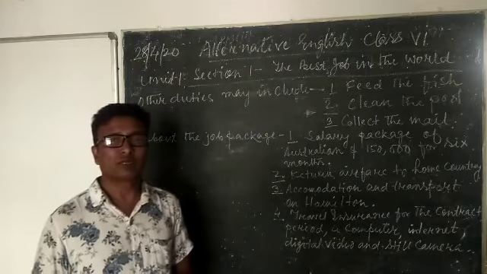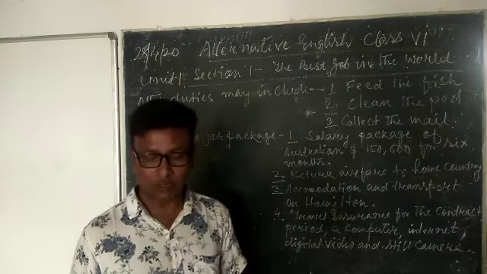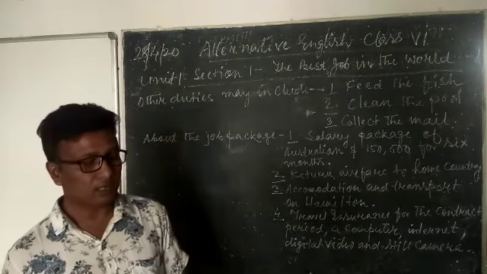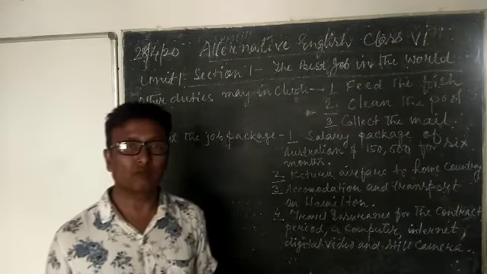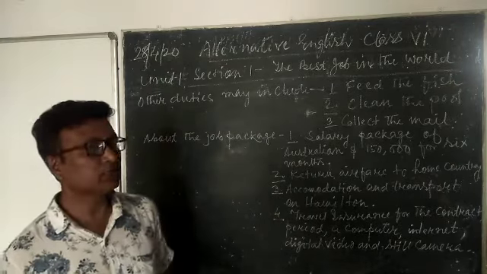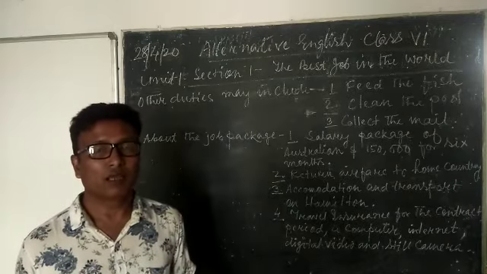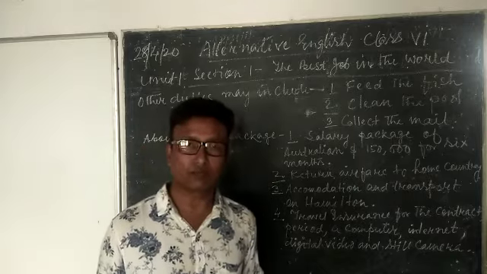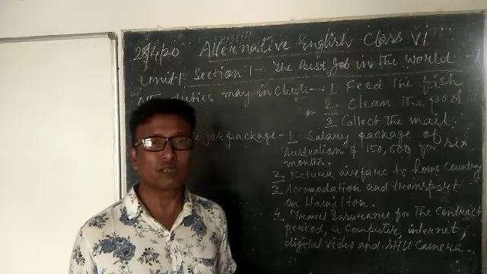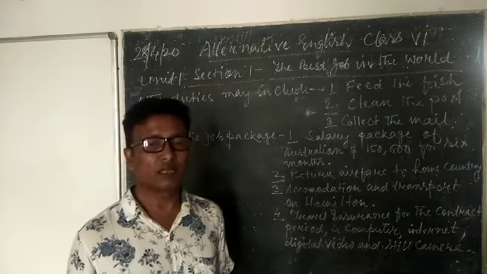Yesterday, I told you that the first point you will have to include when you are trying to write a job advertisement is about the job. About the job, we discussed everything yesterday. In that, you will have to mention the nature of the job. It is a permanent one or a contractual one. In this case, the best job in the world, we found that this is a contractual one, and the term for this job is 6 months. So that much we learned, and what the person will get once he is selected for this job. Those things were included in about the job.